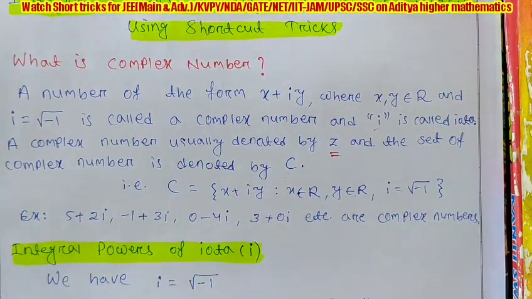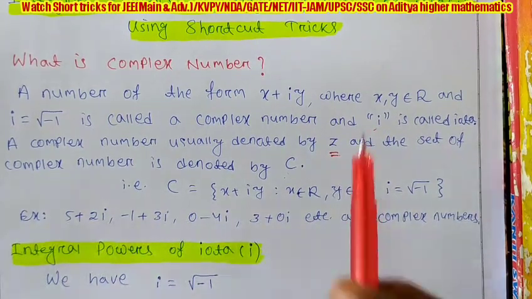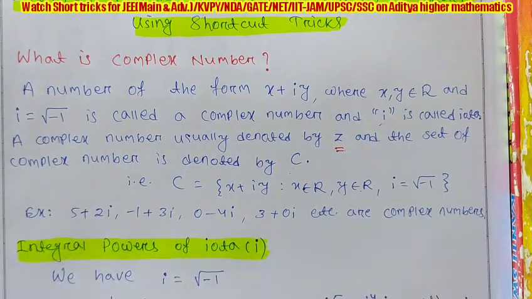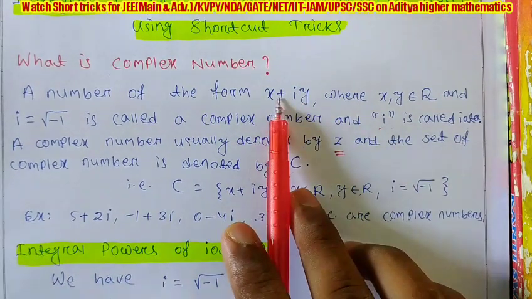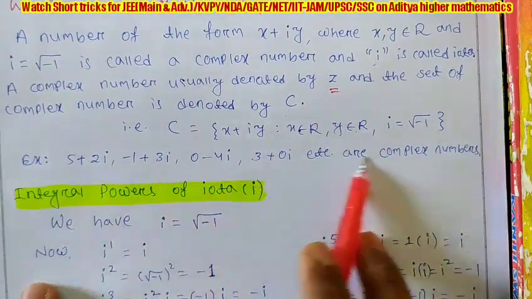Actually, complex number means you shouldn't think it is complicated. Just like a building complex is a combination of some buildings, a market complex is a combination of some markets. Similarly, a complex number is a combination of a real number and an imaginary number. Nothing complicated. Most students think complex means it is complicated. It is not like that. Complex means it is a combination of two types of numbers, one is a real number and the other is an imaginary number. Understood? And these are some examples of complex numbers.